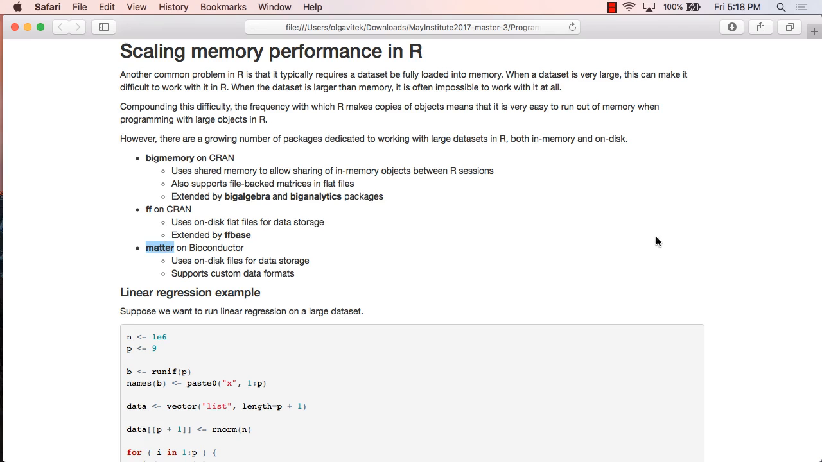And lastly, Matter is a new package on Bioconductor. It's really similar to FF in that it also uses on-disk files for its data storage. The main difference between Matter and FF is that FF just throws your data into a flat